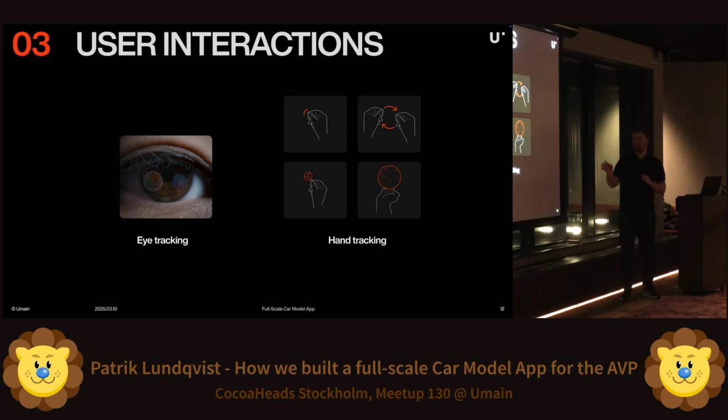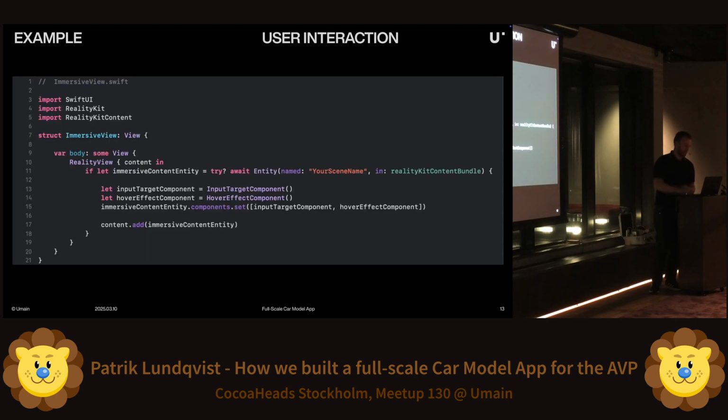So as I said, we have eye tracking and hand tracking. Vision Pro does not support your classical VR controllers. Instead, it relies mainly on using your eyes as a cursor to select different UI elements or 3D assets in the scene, and then using hand tracking to interact with them. And the basic hand tracking gestures you can use are pinch to select, like your mouse click. You can also use rotate. You can grab the objects. You can also make custom gestures. But we will keep it simple and we will first start with how to enable feedback for 3D assets,